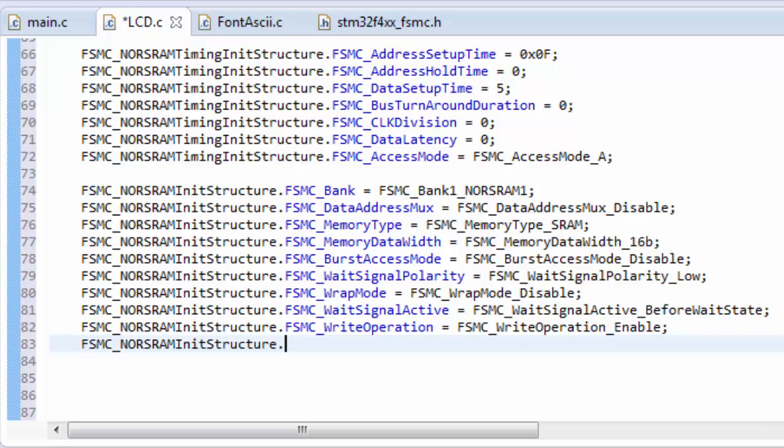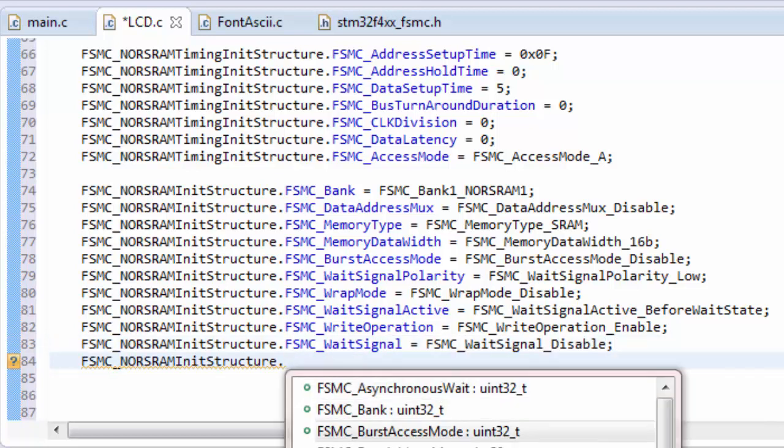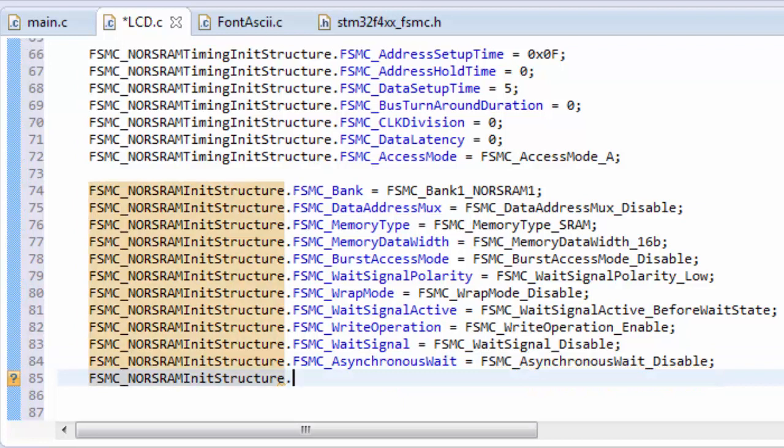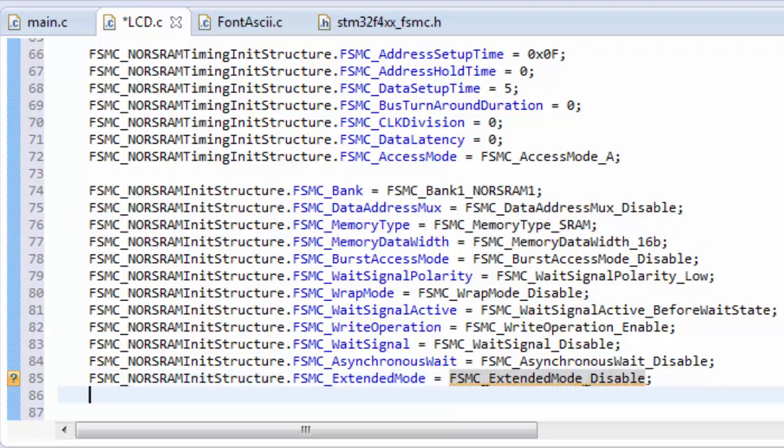Now next is, again, these are not needed and thus disabled. Now next is,